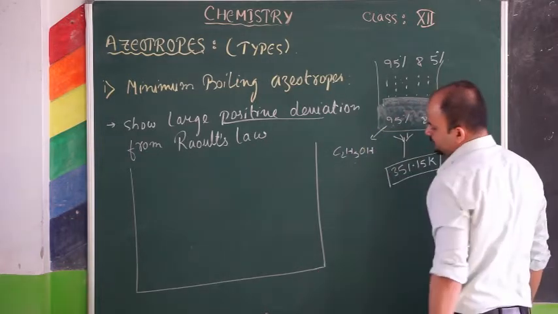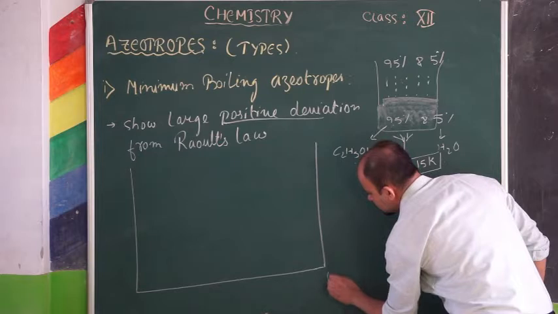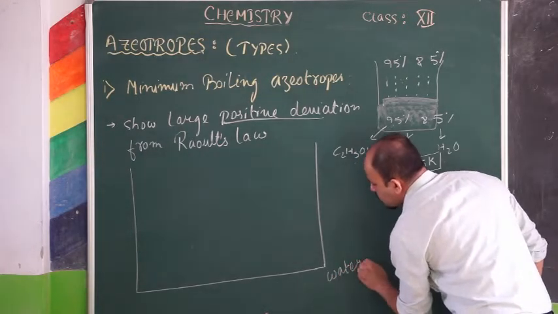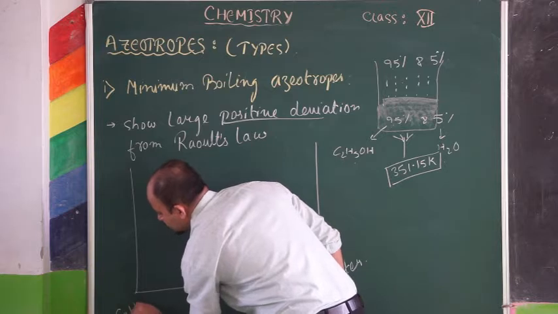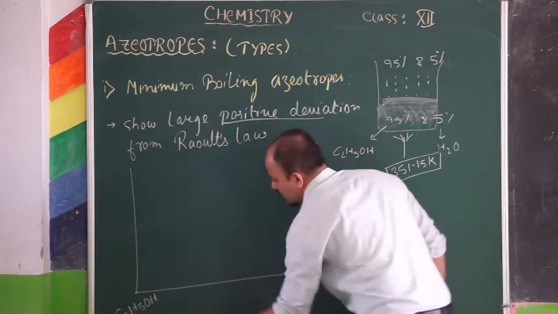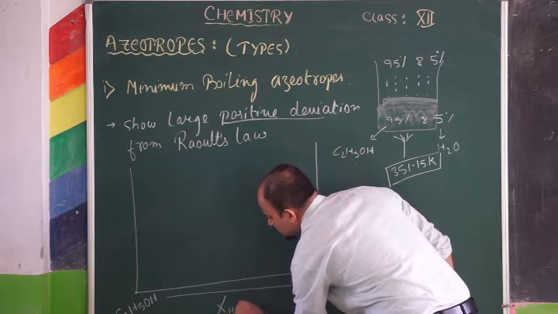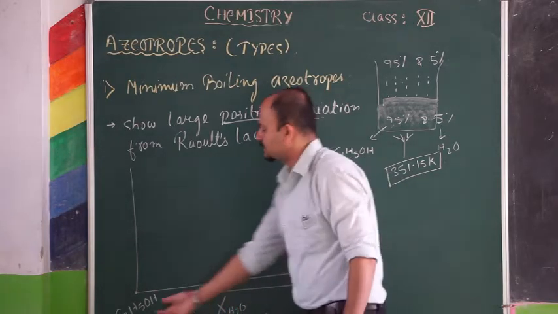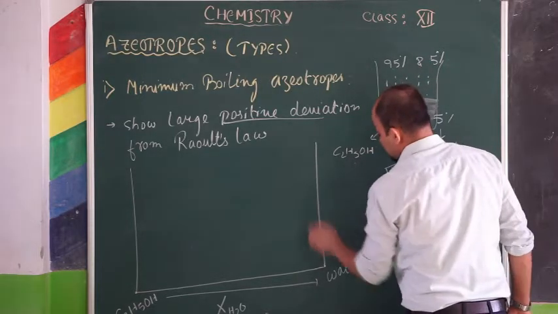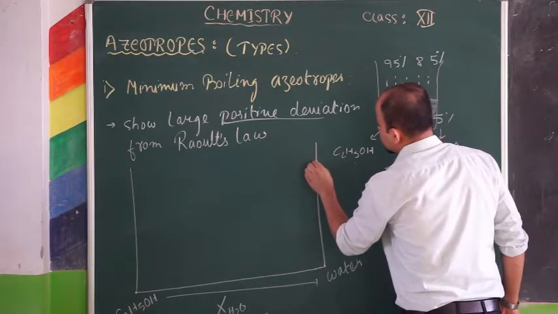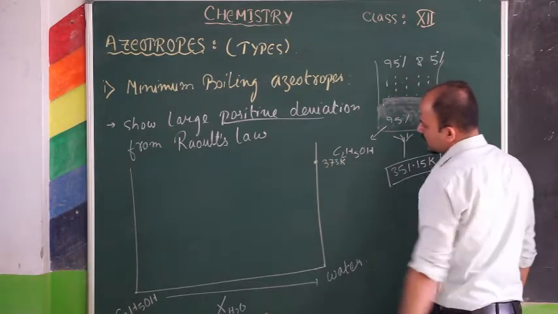So suppose you have water on this side and pure ethyl alcohol, C2H5OH, on the other. As we come this side, the mole fraction of water will increase, and as you go that side, the mole fraction of ethyl alcohol will increase. Water has its boiling point at 373 Kelvin, and this is that point,